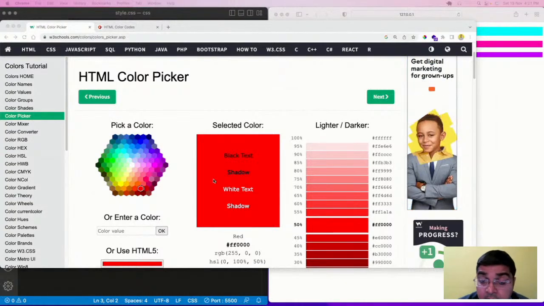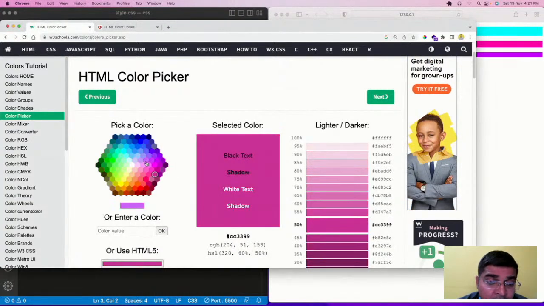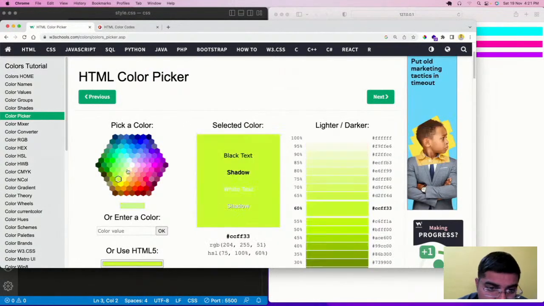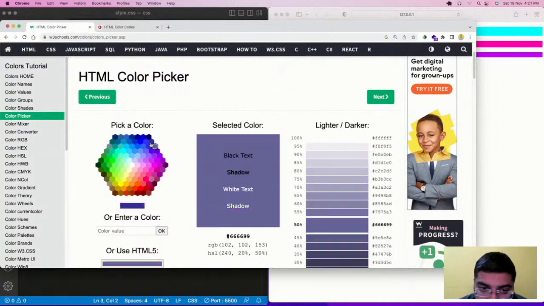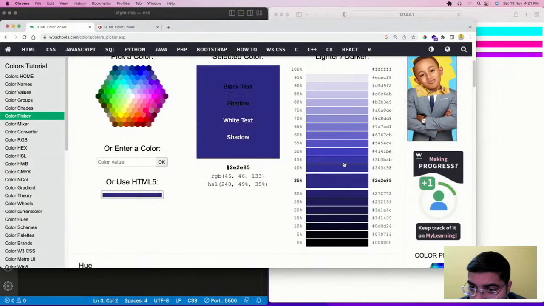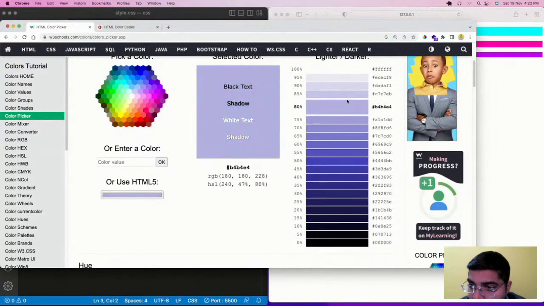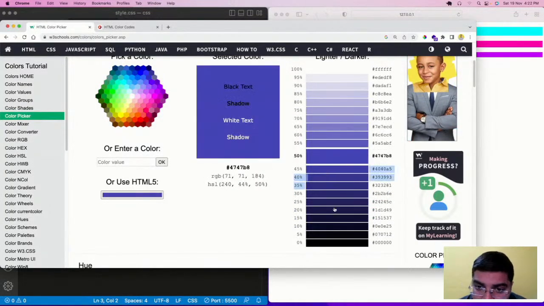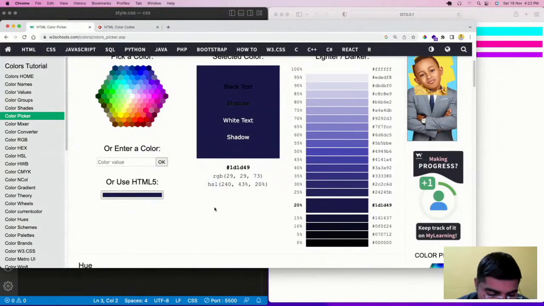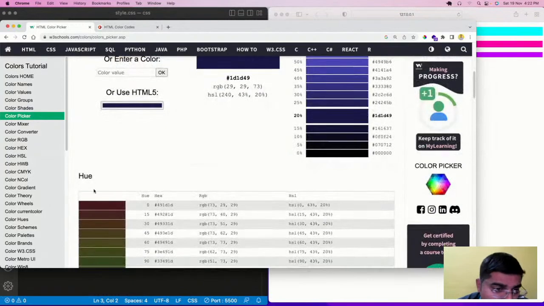Now after this, okay. So this is the HTML color picker where you can select the color and you have the different shades of the color. Now what is this HSL? In this HSL, H stands for hue.